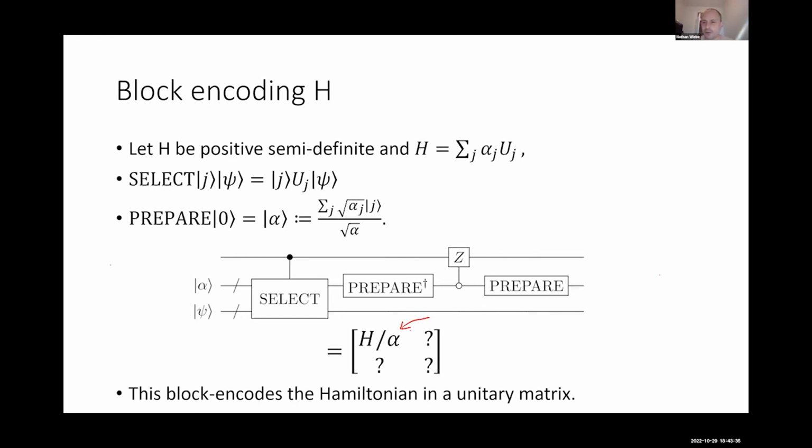Or another way of looking at it is it essentially block encodes a two-dimensional rotation inside an irreducible vector space spanned by each eigenvector and an isometric extension, as well as its conjugate, with this circuit at the top over here. But at a high level, it does something like arc sine of H over alpha. Actually, it's more naturally arc cosine, but the two are almost the same function. So the moral of the story is that we have the ability to carry out the arc cosine of the Hamiltonian.